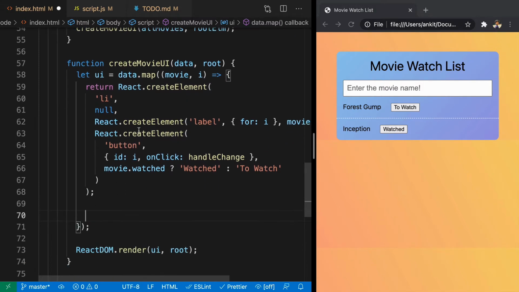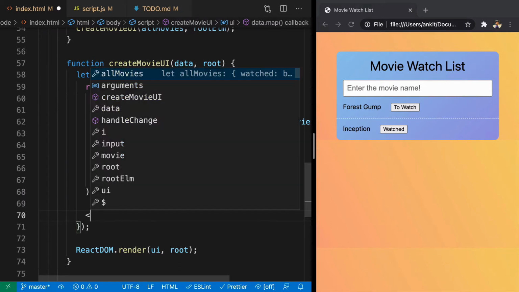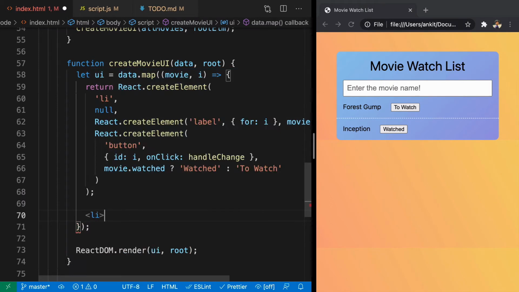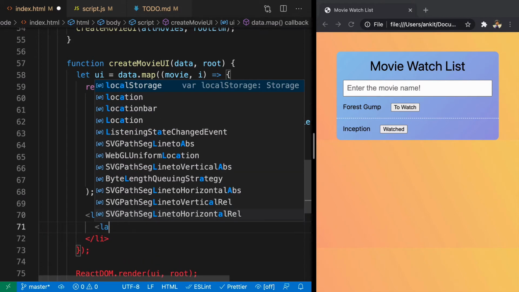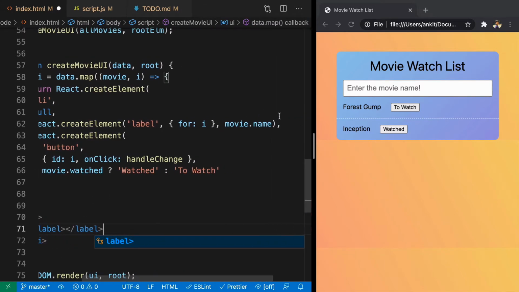Just below this, we are going to write the JSX of it. JSX looks very similar to HTML. So we'll say li. This is our li element. The li element doesn't have any attribute, but it has two children. Here I'm going to create a label, and it is going to have a value, that is movie.name, as a child.